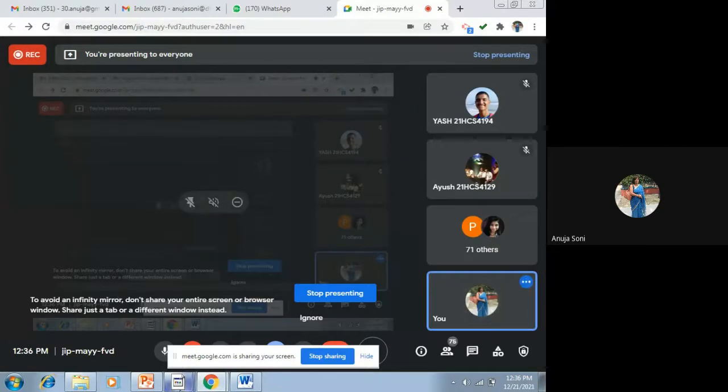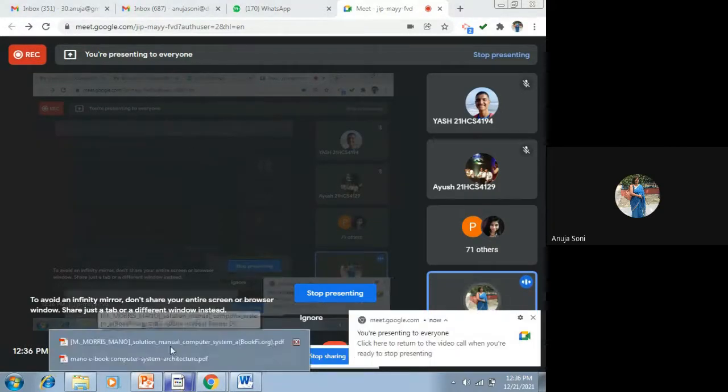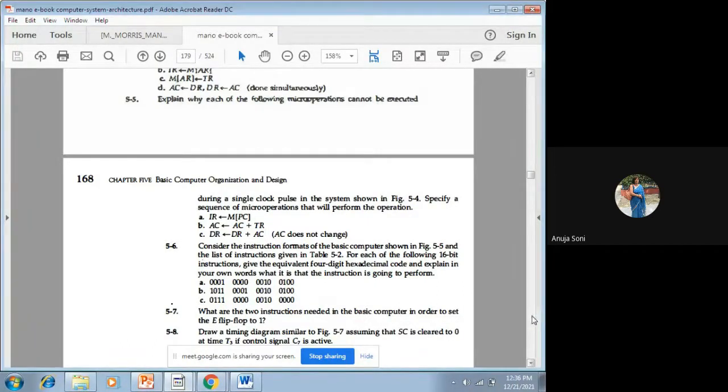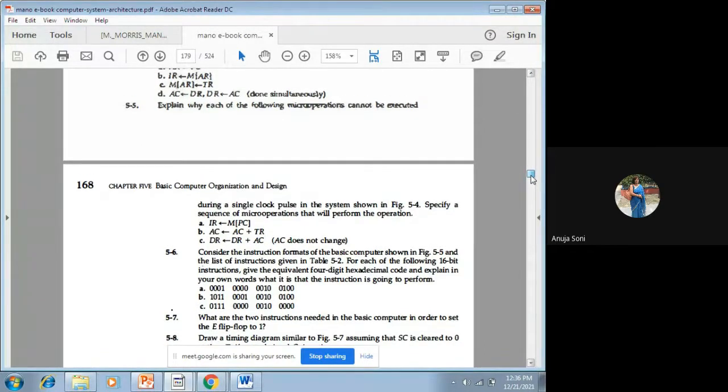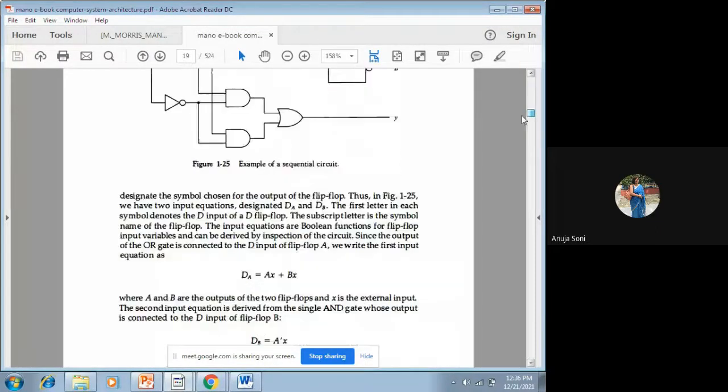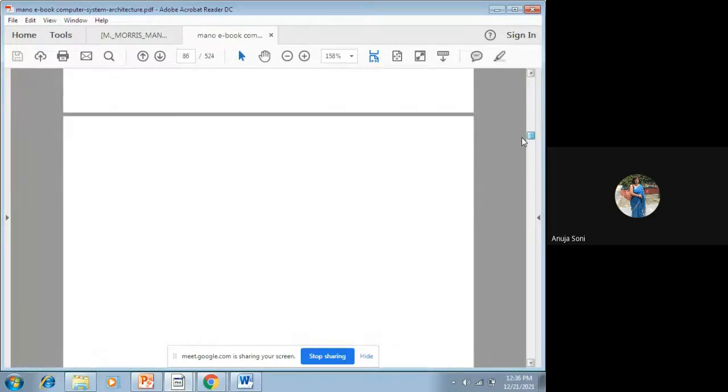Right? So this was till question number 5. Now you have to solve it. Logically you have to understand it and you have to upload the assignment on Google Classroom. All the assignments of chapter 5 till now I have given you. Against one assignment that I have loaded, you have to make a single PDF and upload it.